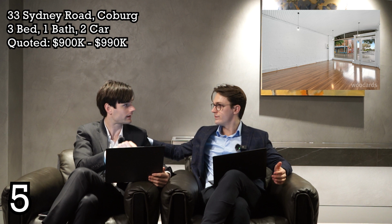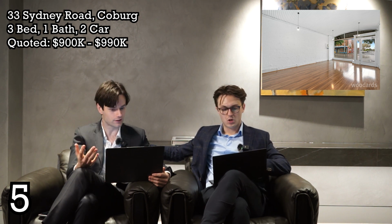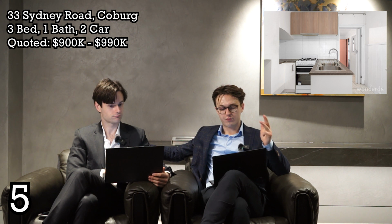That also means, Marcus, that the use on the ground floor there can be a retail use or an office rather than just a residential use. Large shop with a front with flexibility as a living space, central kitchen and meals, laundry and powder room, 3 upper level bedrooms. But Ben, I think something that I just want to have a look at is the floor